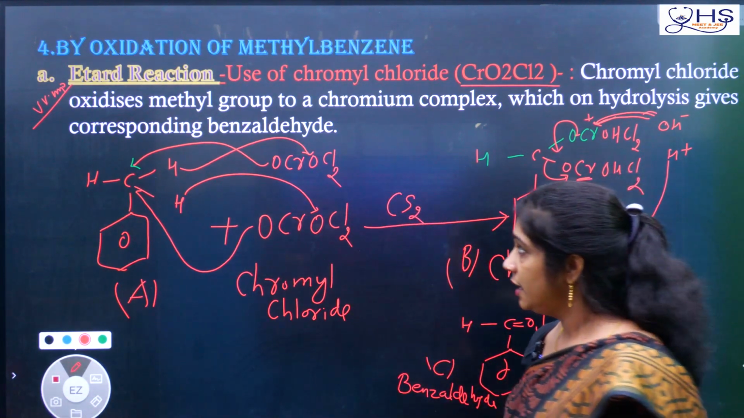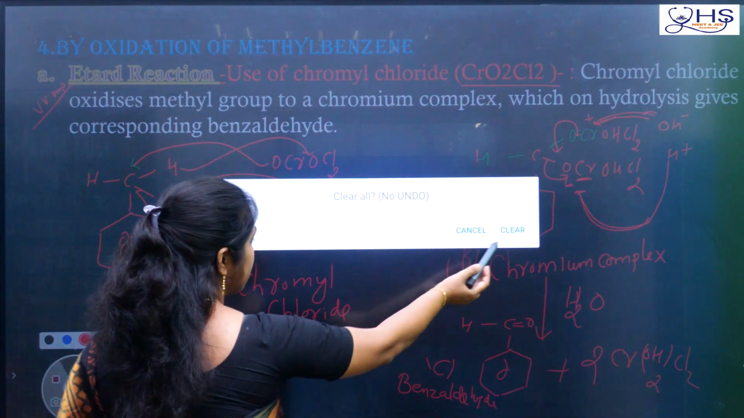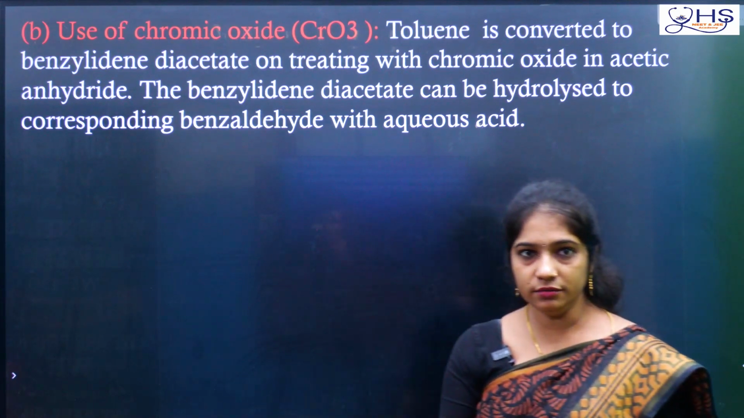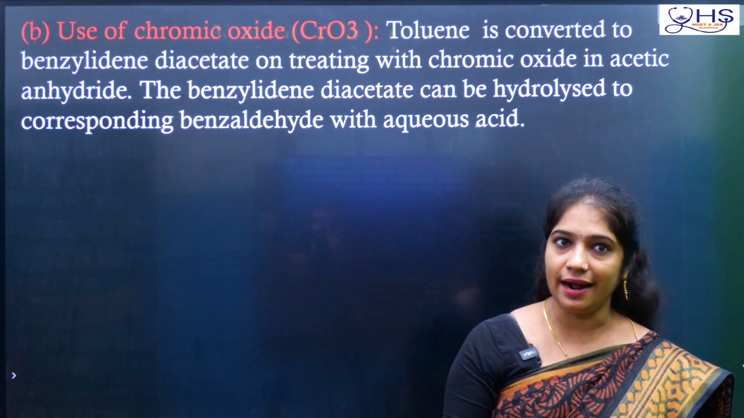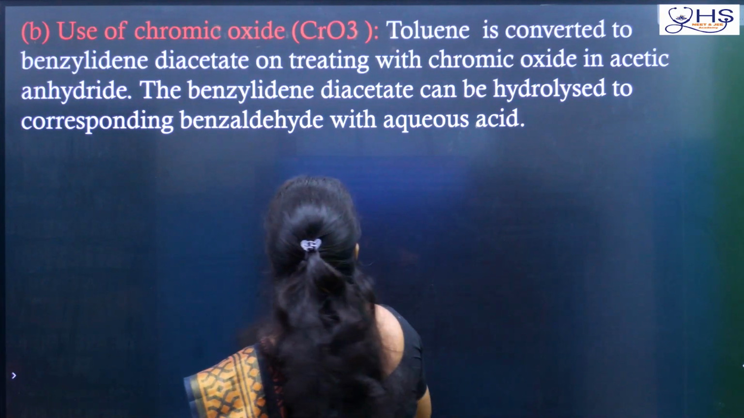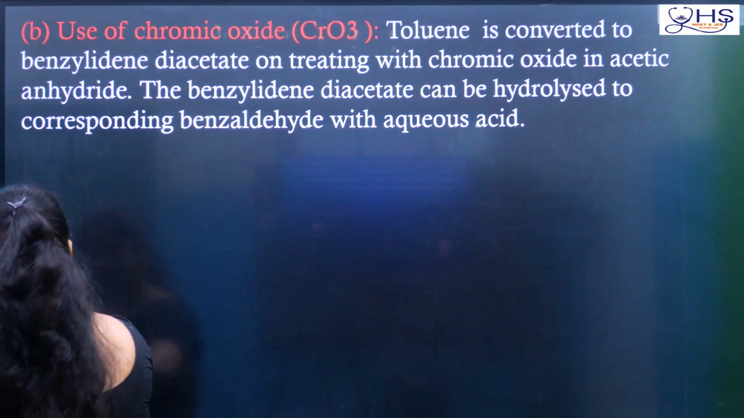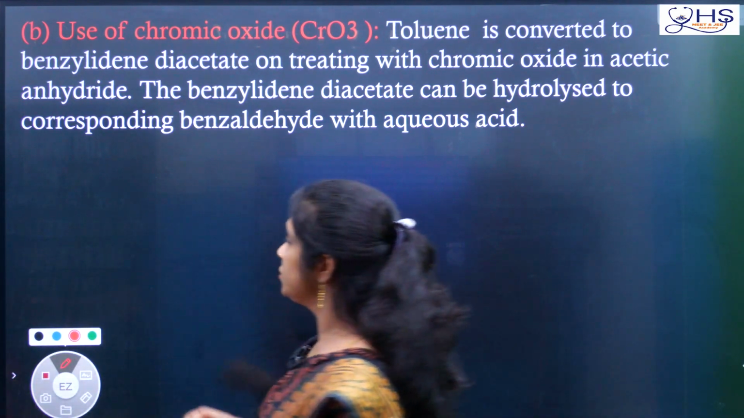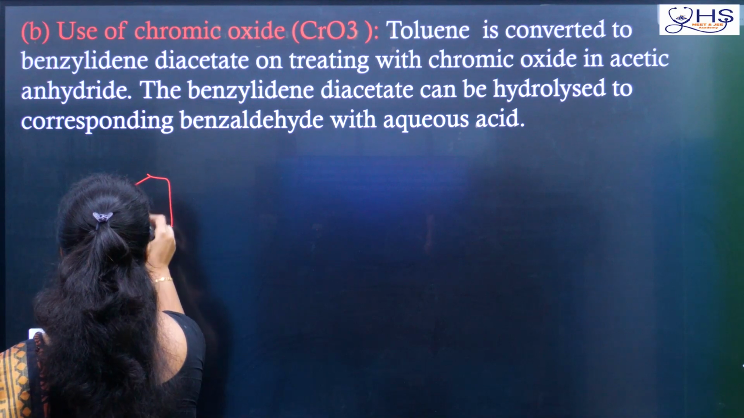I hope it's clear. Let's move to the next equation. Actually the next one is also similar to Etard but not Etard. See, next we are going to deal with the same thing using toluene. If we are using chromyl chloride and we are getting benzaldehyde, that reaction is known as the Etard reaction. But if we are using chromium oxide and acetic anhydride, then also the product will be the same, we will get benzaldehyde, but this reaction is not called Etard, remember. So in the same manner, I am going to write toluene,